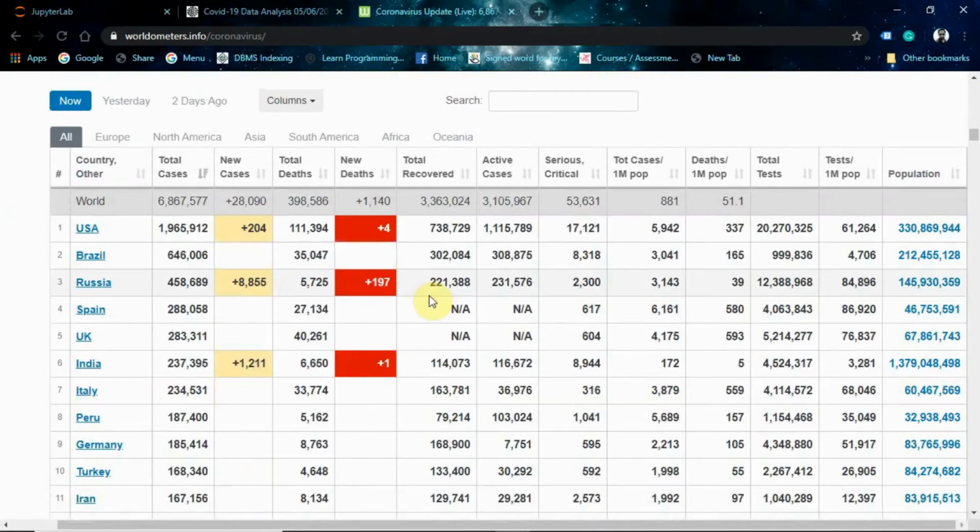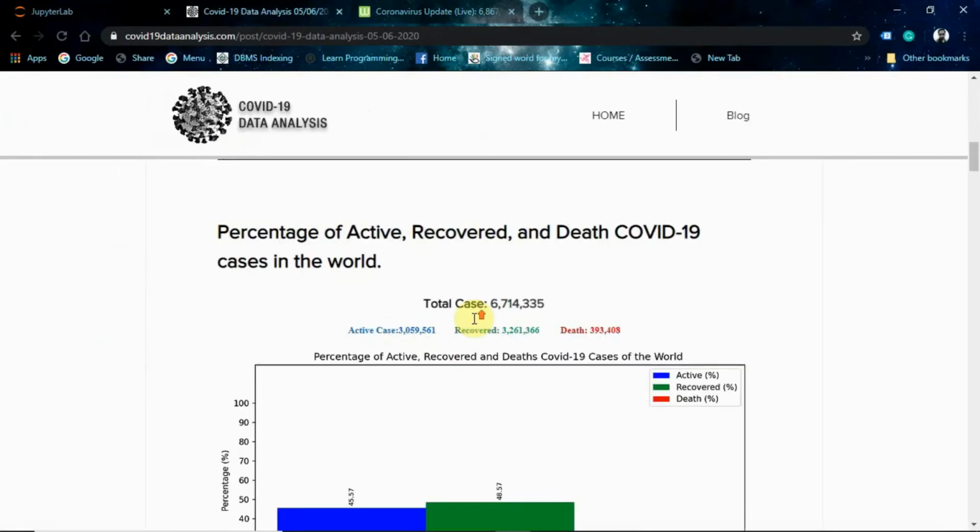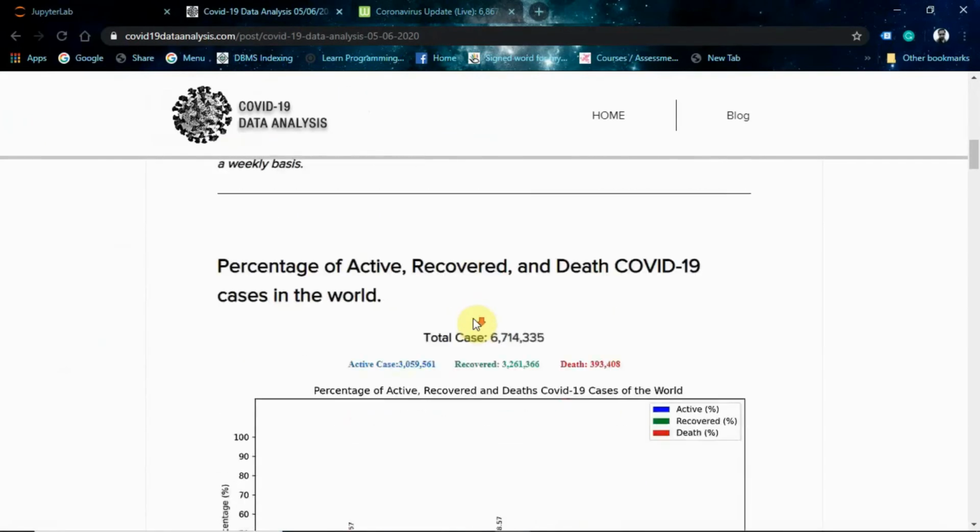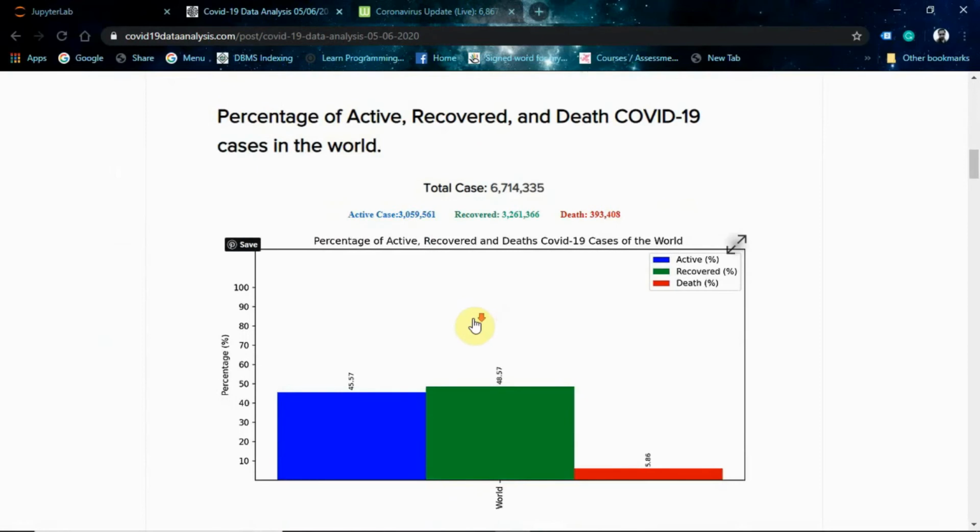As a data analyst, it's preferable to tell only those things which are needed to the viewer or to the stakeholders. In my case, the stakeholders are those who visit my blog. It's pretty informative.